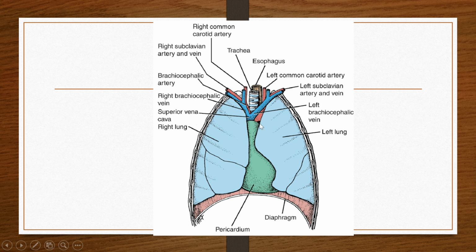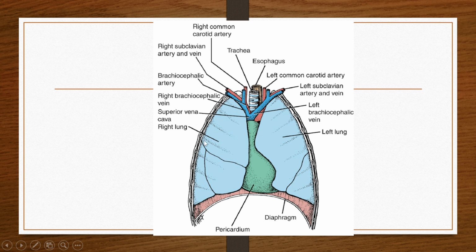Again, the same diagram. This is the mediastinal part. Okay, the pericardium, which is covering the heart. This is the apex of the lung. Okay, this is the costal surface of the lung. This is also the costal surface. This is the diaphragmatic surface or the inferior surface or the base. And this is the mediastinal surface of the lungs, which is related with the mediastinum.